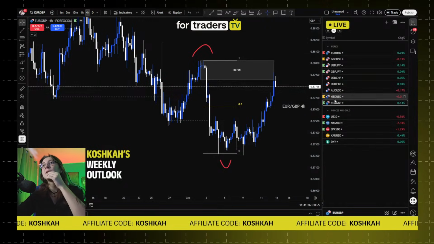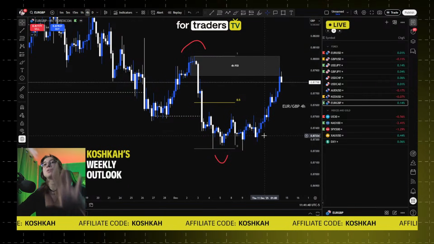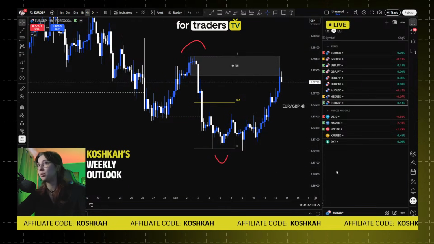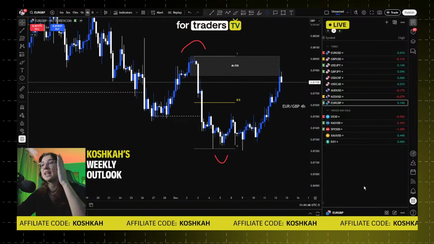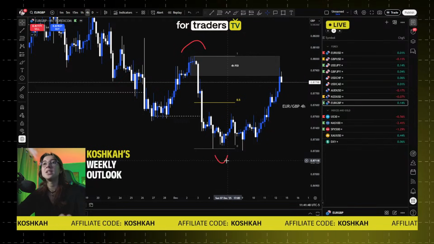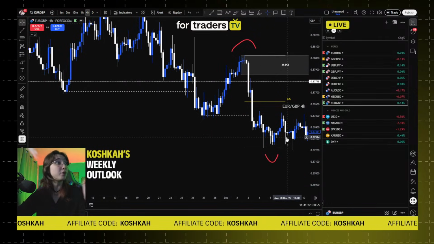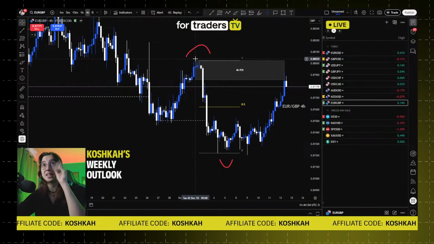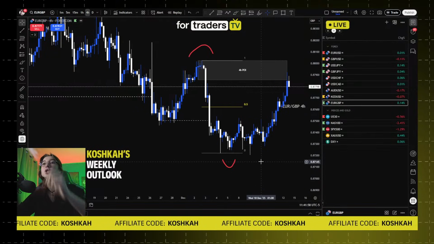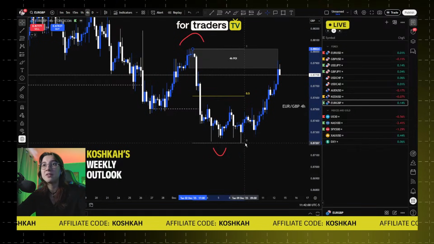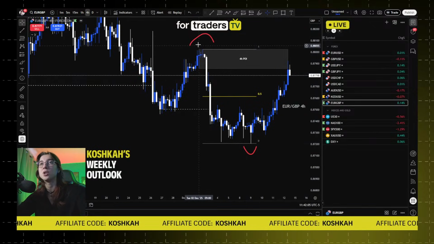Okay. So yeah, Euro GBP, as you can see exactly right here, what's going on? It's pretty simple. Euro GBP is the perfect example of a range that makes sense. So as you can see right here, this is the last break of structure to the downside. That's perfect. We created this high and we created this low, as you can see. So the structure would be from the lowest point right here. This is the lowest point. This is the highest point.